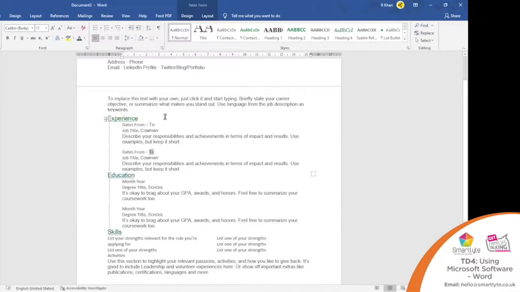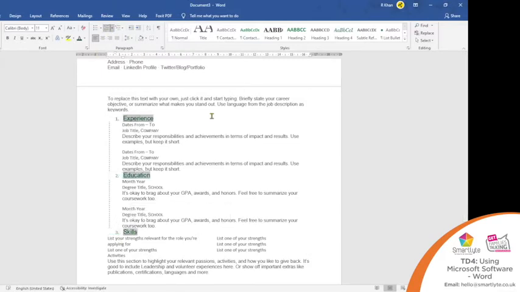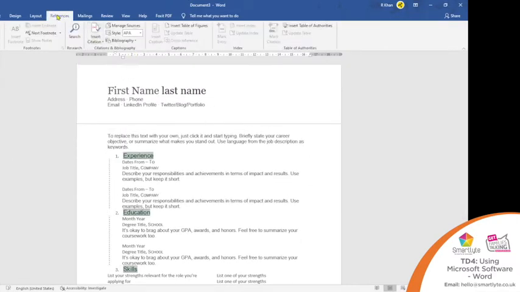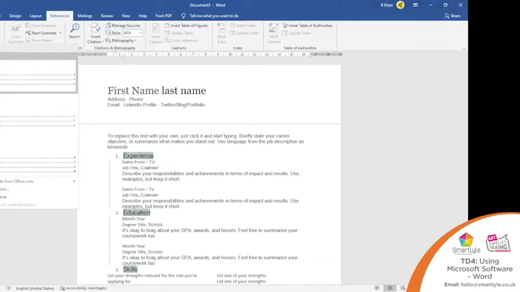Thank you, Salim. Okay, let me show you how to add document references using the same document. What I'm going to do is give these headings pointers 1, 2, and 3. And let's say we go into references, as you can see. Table of contents. When you click on the table of contents, you can see there's an automatic one and a manual one. If you click on automatic,